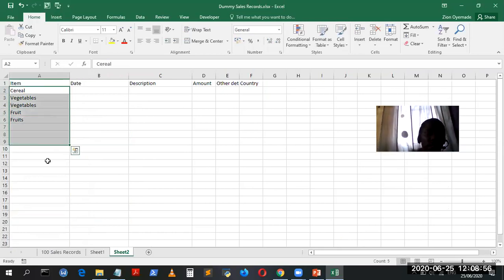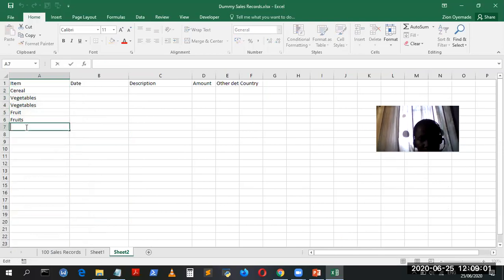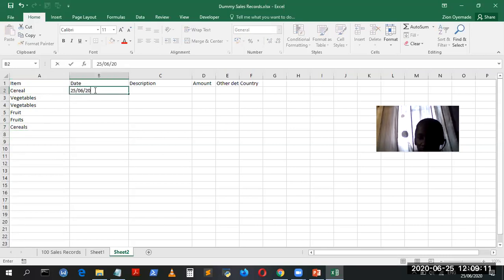As you can see, I've entered some data here. Then I enter the date, then the description,